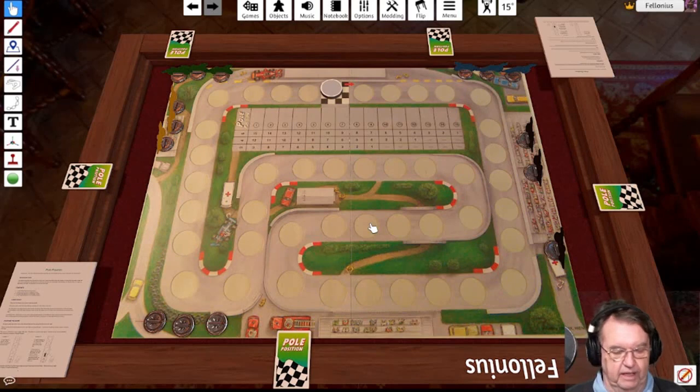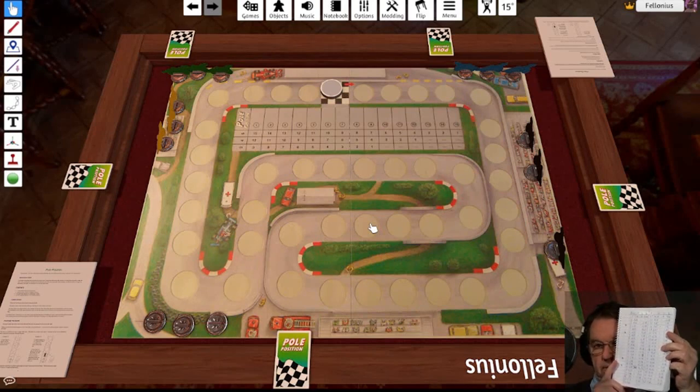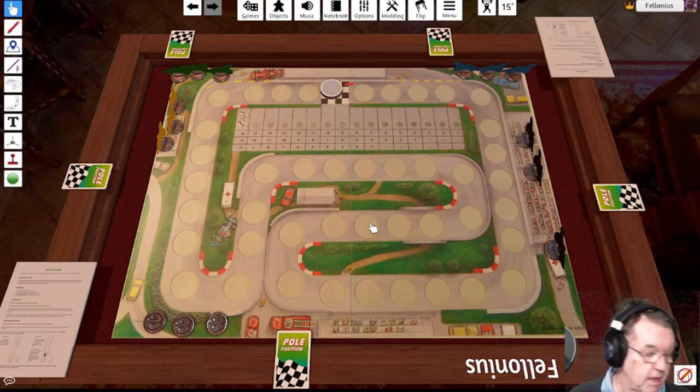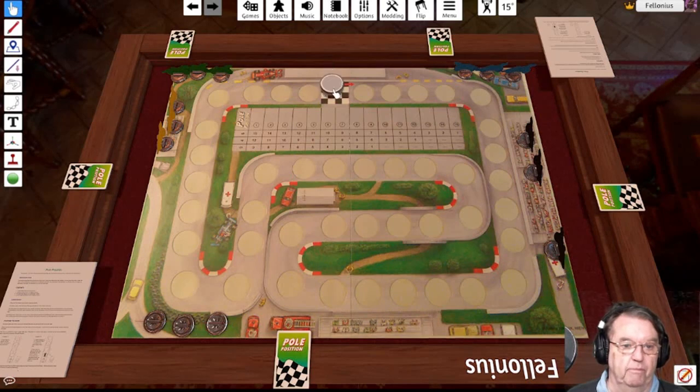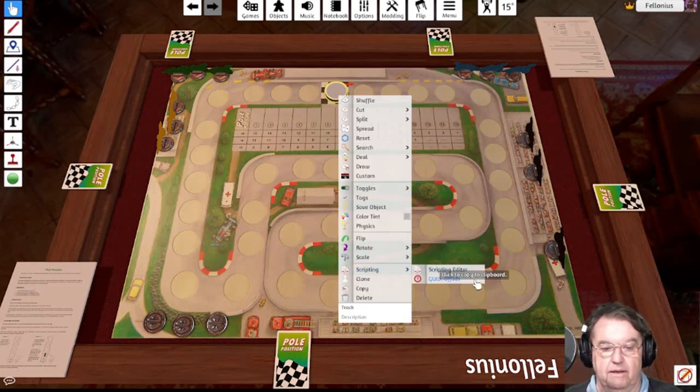Let's see if I can find it. I have written down all the positions. So what I need to do, if I'm going to script this, and I have no idea how to do it, is I want this stack to be in a special place. And as you probably remember, we can take the GUID from that stack and use that as our deck